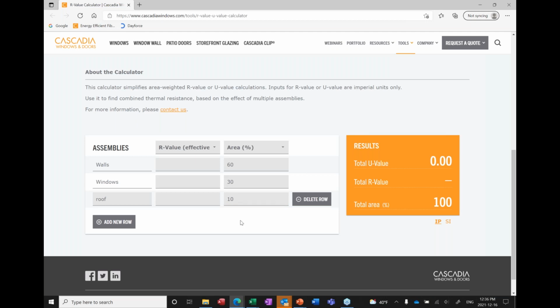So the value to making these inputs and getting that output is that you can make changes in real time on any one of the inputs, and you can see the result of the R value change on the whole building.